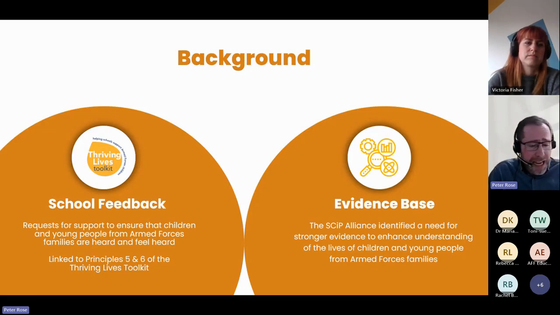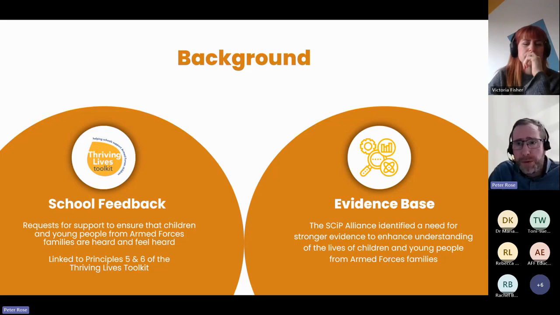The background to it is it was about 4 years ago, I think. I've got a note somewhere, May 2021, where there were some requests from schools who had just started using the toolkit for a bit of additional support in relation to involving families and hearing the voice of young people.